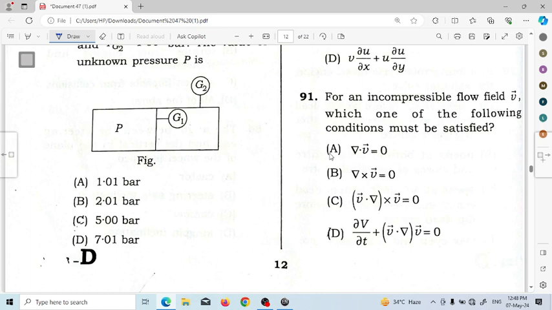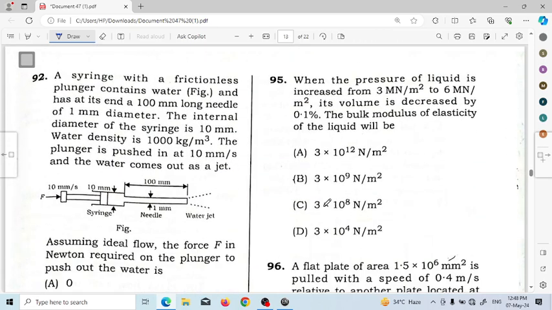So the right answer will be option A. Next, question number 92. A syringe with a frictionless plunger contains water, figure given, and has at its end a 100 mm long needle of